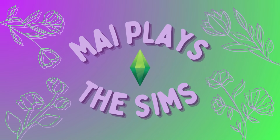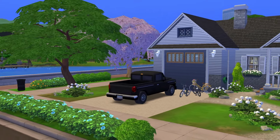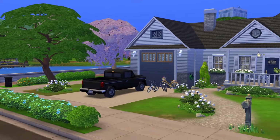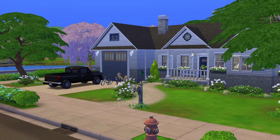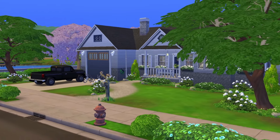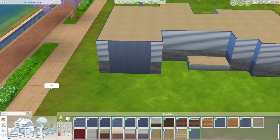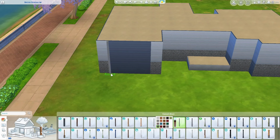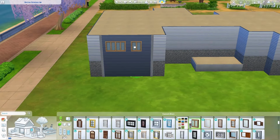My name is Mai, and today's video is going to be this super realistic split level family home that I have built in the world of Willow Creek. And I will say split level lightly because you can't really get too split level in The Sims. There's a whole bunch of restrictions when it comes to conflicting blocks and the platforms and all that fun stuff. So I did the best that I could, and I just wanted to make it feel real,